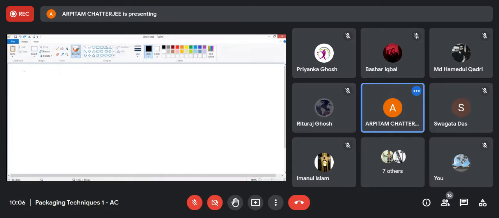So, last day we started with package forming, and we saw how the extruder works and how two types of films are produced. One is cast film, one is blown film. Now, today we will see another very important forming process, which is called form,